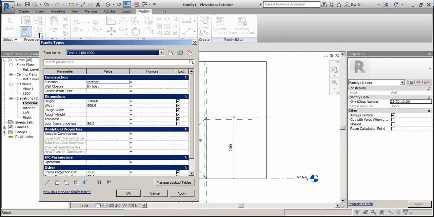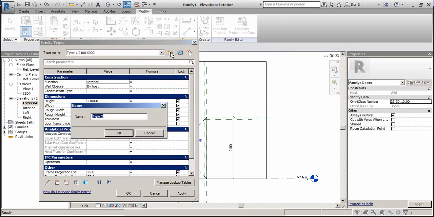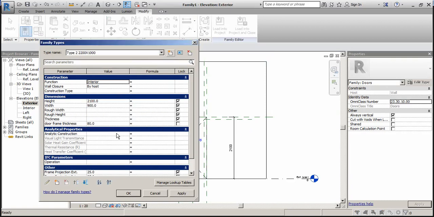Now again, another type of door, type 2, whose dimension is 2,200 into 1,000. Okay.